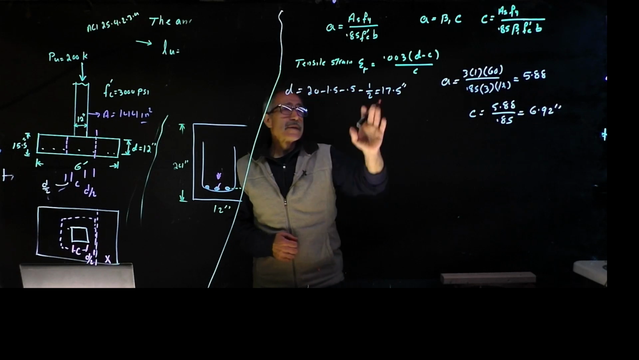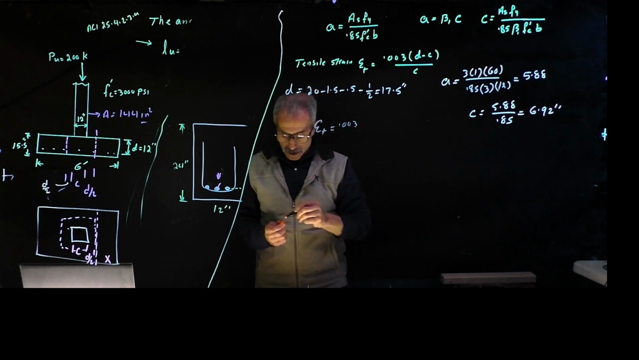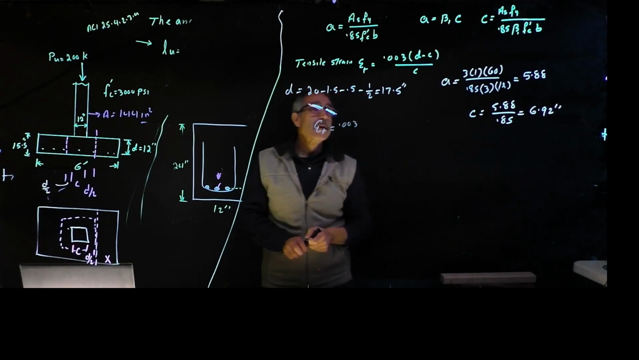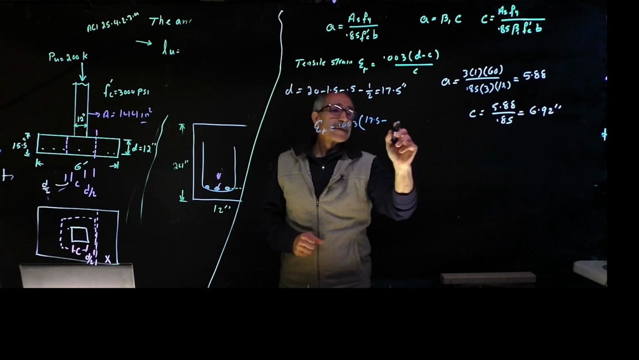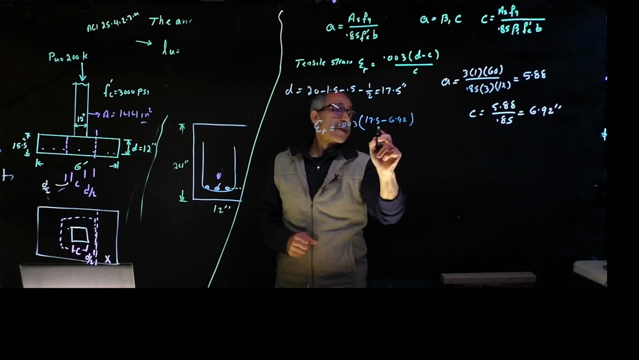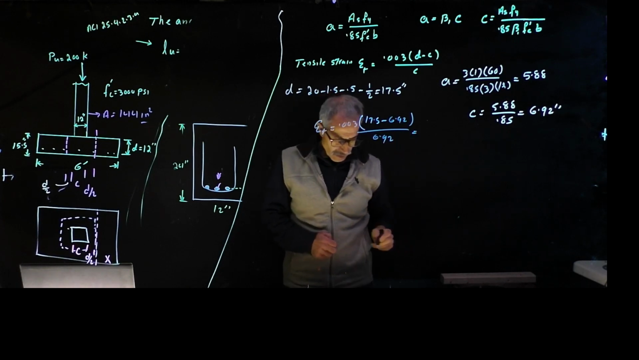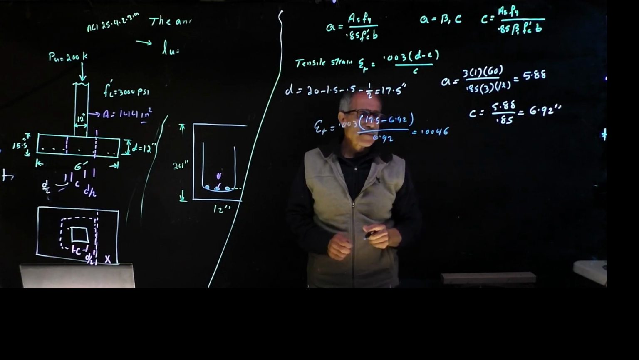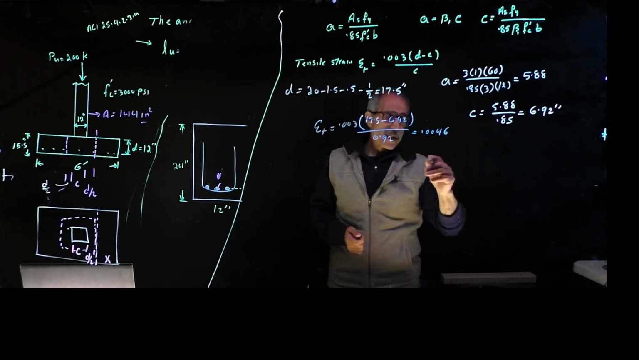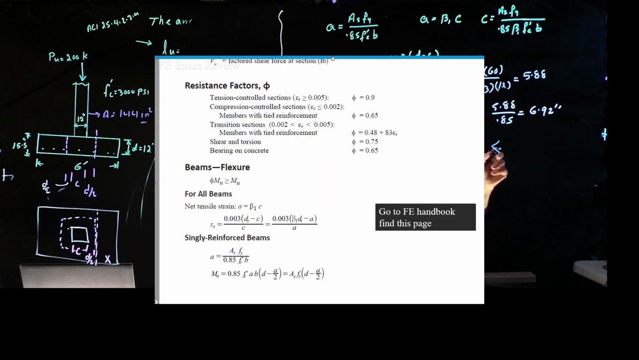The next thing we're going to calculate is the ET. It's equal to 0.003 times D, which came out to be 17.5, minus 6.92, divided by 6.92. So that comes out to be 0.0046. Now that's a bad number because it fell in between. It's in a transition. If you look at the handbook, your ET is right now between 0.005 and